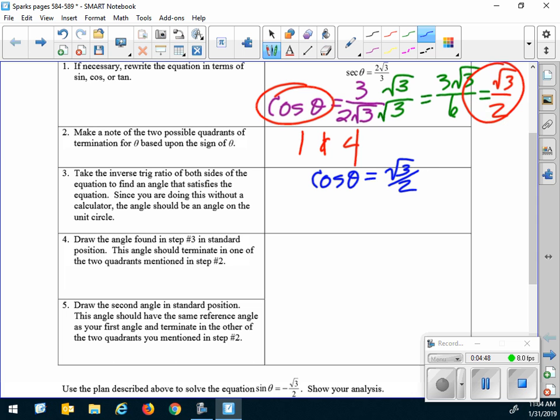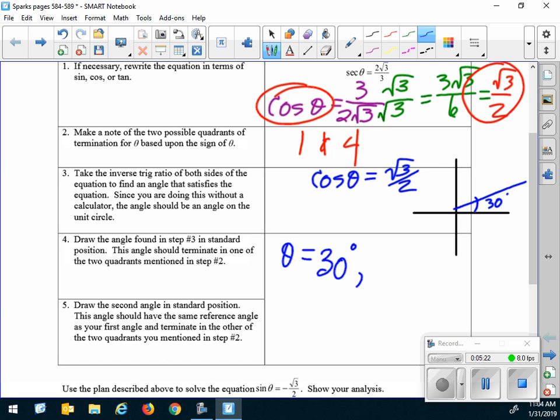Here's what I want you to think. In quadrant 1, what angle has a cosine of square root 3 over 2? 30 degrees. 30 degrees. Now, that's one of your answers because we said the angle's in quadrant 1 or quadrant 4. So theta will equal 30 degrees,